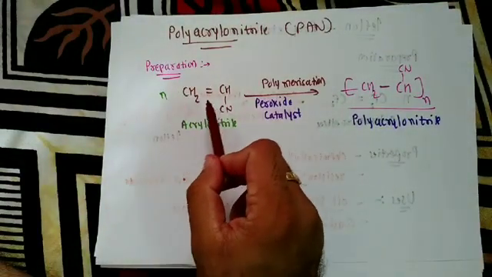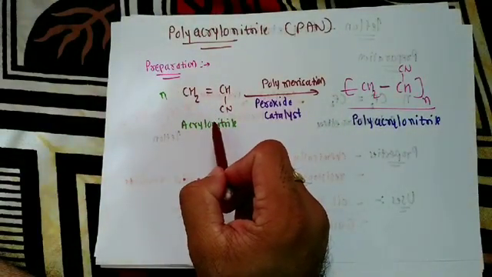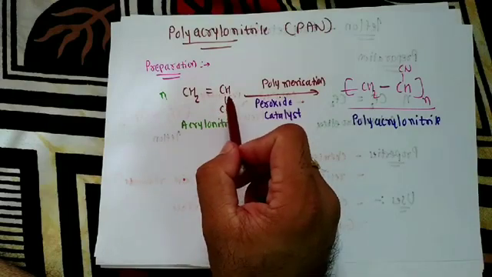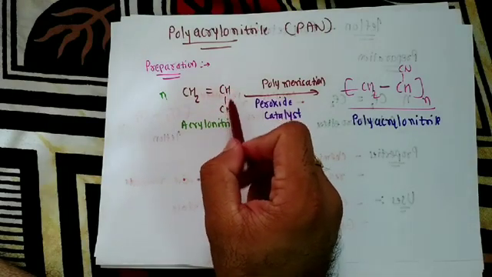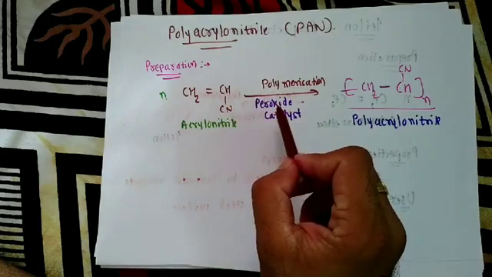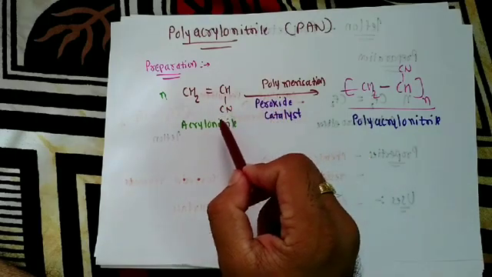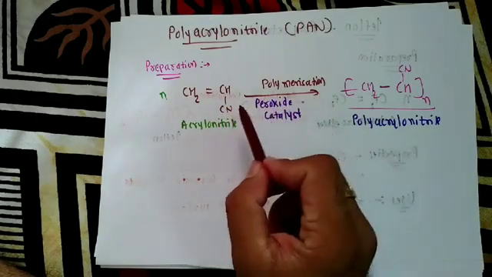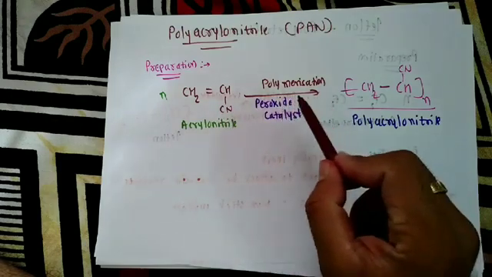The monomer is acrylonitrile. Acrylonitrile is a derivative of ethene. In ethene molecule, hydrogen is substituted by cyanide group. In presence of peroxide catalyst, acrylonitrile will combine with each other, they will get added with each other, and they will form